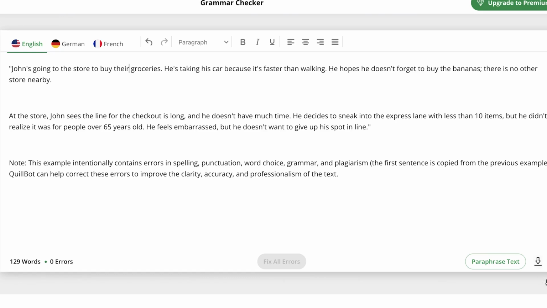So you have the option now to go ahead and copy, and then go to wherever you have it, paste, and continue with your work. So that's basically how to use the grammar checker to check some of your grammatical errors and mistakes and easily correct them automatically or manually.